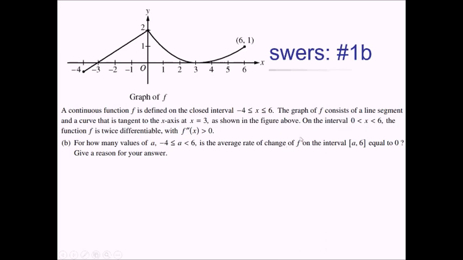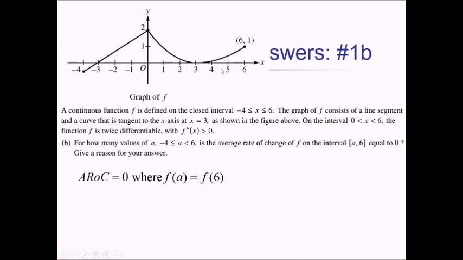For the average rate of change to be 0, average rate of change is just y2 minus y1 over x2 minus x1. It's basically 2-point slope. That fraction only comes out to 0 if the numerator is 0, and the numerator is only 0 if the two y values you're subtracting are the same y value. We already know one of the y values. We know that it's going to be whatever f of 6 is. So we just need to figure out an x value such that plugging it in gives me the same thing as f of 6. So in general, the average rate of change is going to be 0 where f of a equals f of 6,